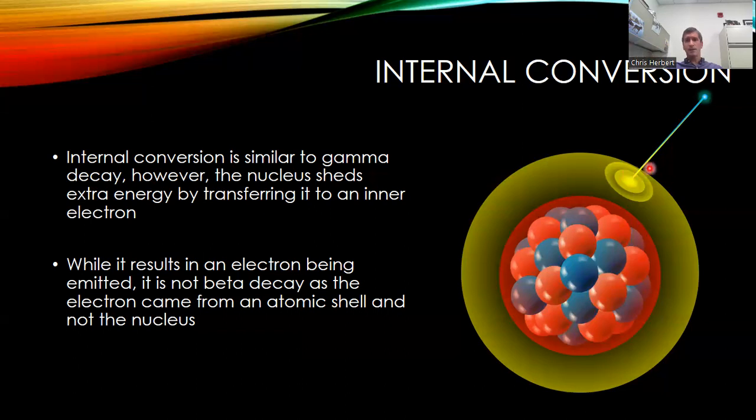It interacts with an electron. The electron is kicked off. Not only is the electron given off, but you also might produce an X-ray as a result, because once that electron is gone, the upper electrons will cascade down and fill that empty shell. So those are the three most common types of